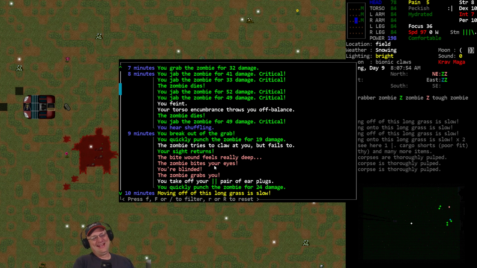That's funny. I'm just trying to imagine in my mind how that works. I might have to put that one on the quick slip list. We got a deep bite wound on our eyeballs. But it doesn't affect our... we were blinded for a short bit, so...